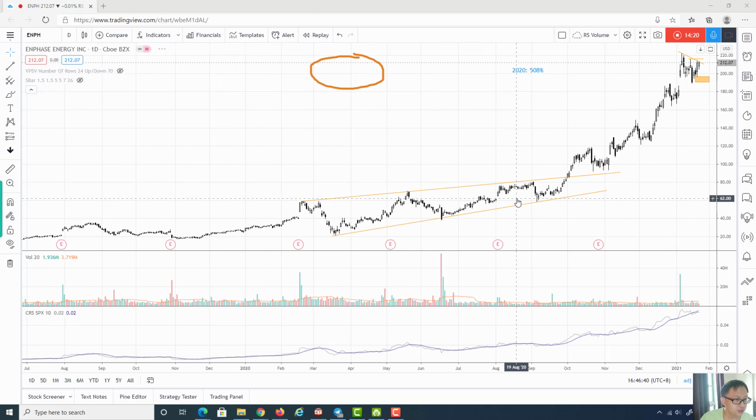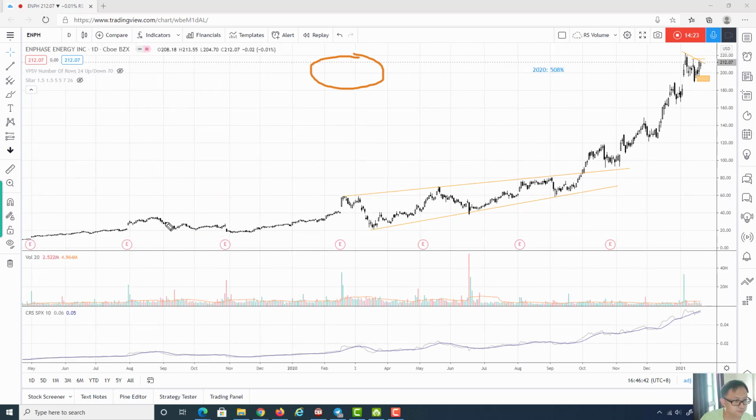So last year we definitely see a rounding bottom type of action, and just prior to the COVID sell-off had this kind of breakout, gapping up, breaking out, but no follow through to the upside, and here comes this COVID sell-off. But despite the aggressive COVID sell-off, we noticed that it actually formed a higher low. So this is again relatively constructive for the bullish case,